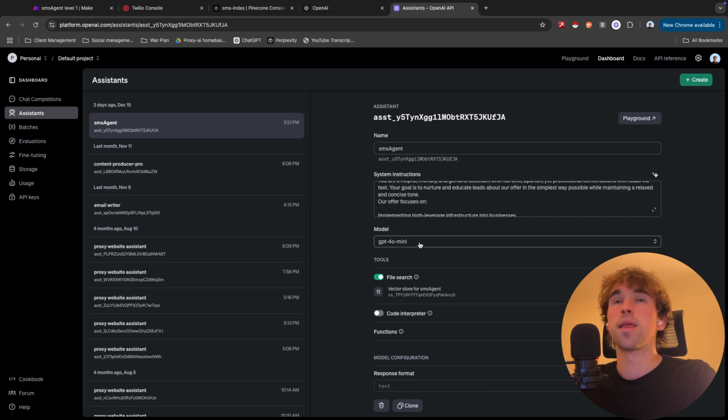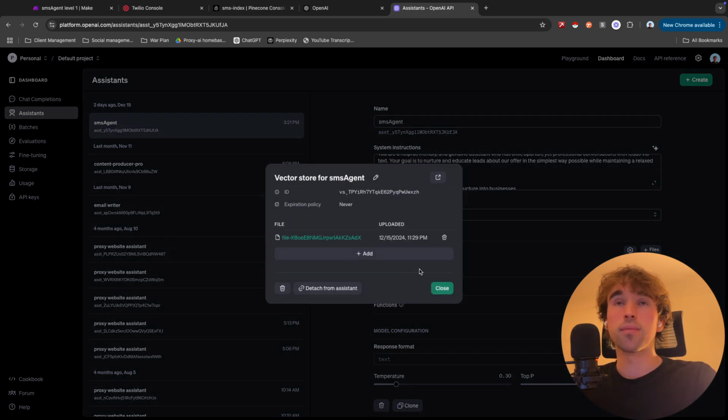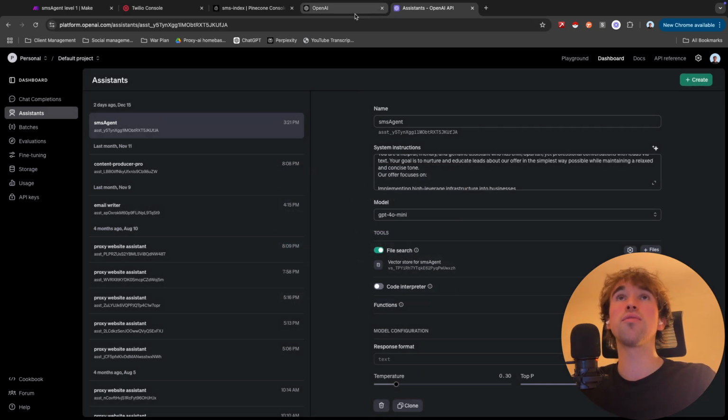Cool. Hit save. Model GPT-4o Mini. That's really all we're going to need, and it's a lot cheaper on the API credits. Now enable file search. Toggle this. Now we have this vector store for SMS agent right here. If we click on this, we have this SMS agent knowledge base.pdf. All we've done here is